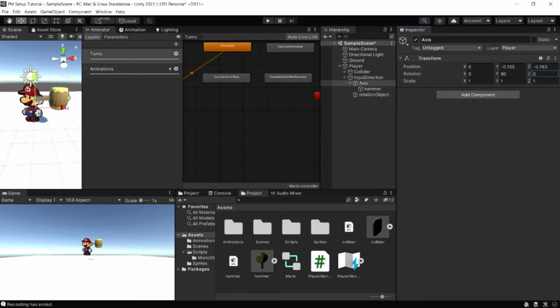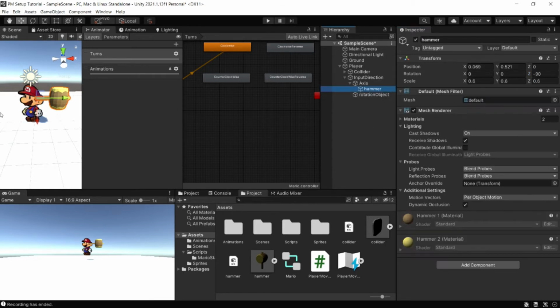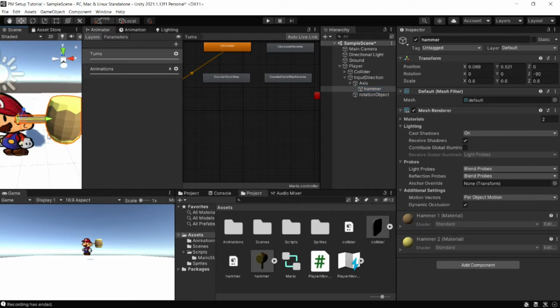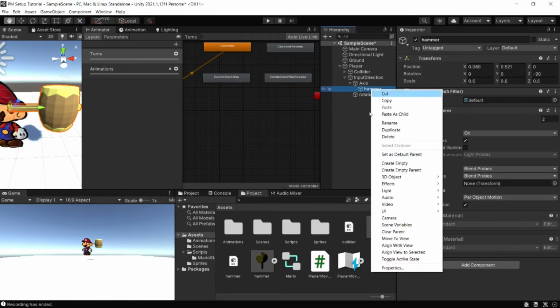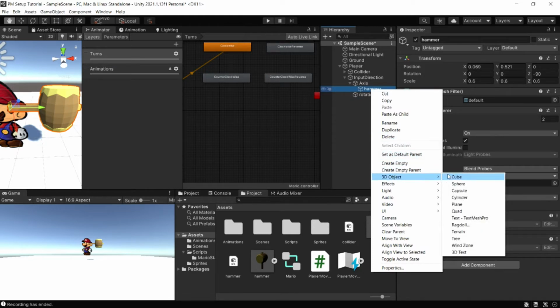Now, though, we can't really just use the collision of the model itself. For some reason, I just could not get it to work when I was doing this in practice. So we're going to do the next best thing. Instead of using the collision of the actual model, we're just going to use two cubes. We're going to use one for the head of the hammer and one for the handle of the hammer. So we're going to right click on our hammer and click create 3D object and cube,